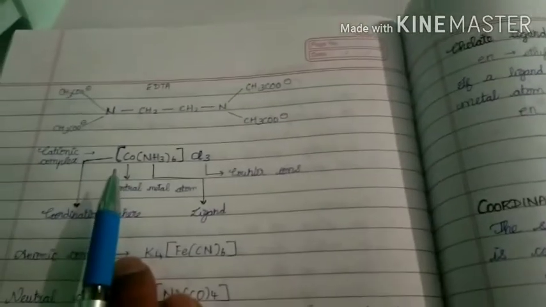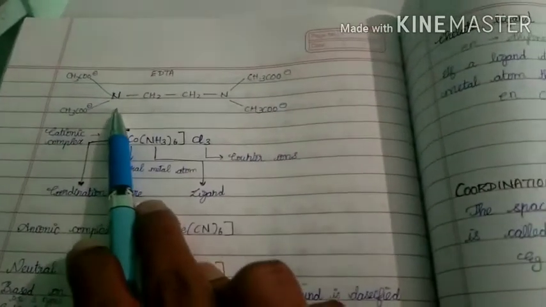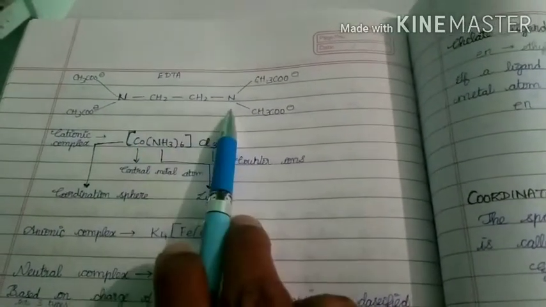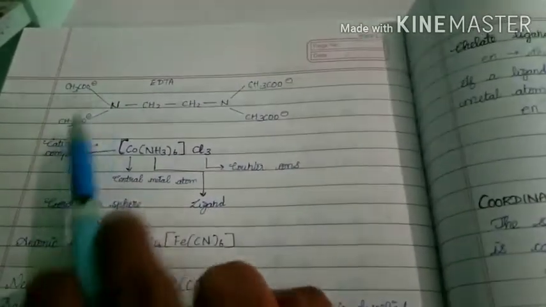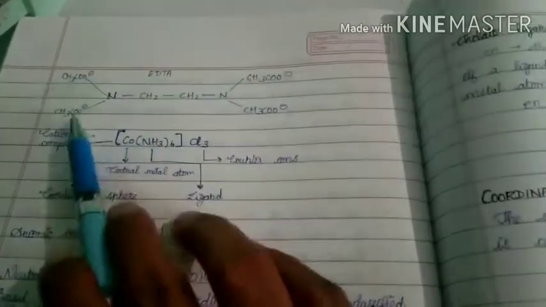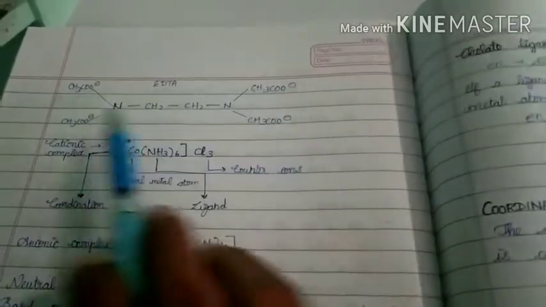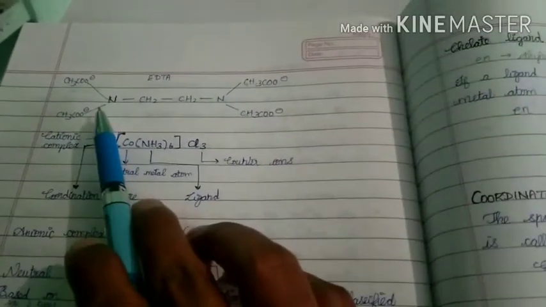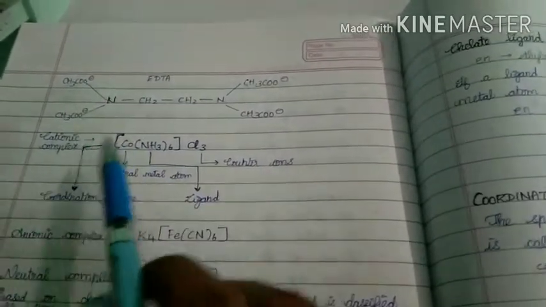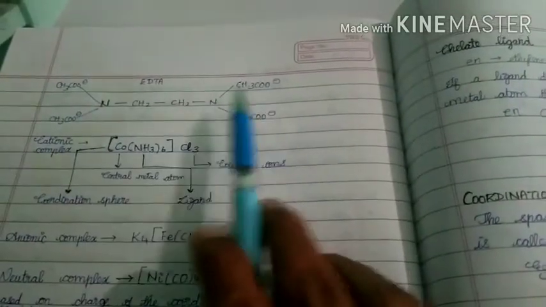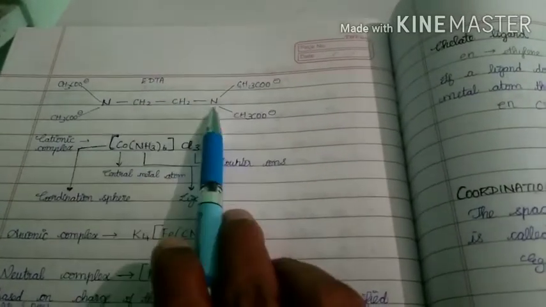See, this is the structure for EDTA, ethylene diamine. Diamine means two nitrogens. Actually NH2, NH2, but those hydrogens are replaced by acetate groups, CH2COO minus. How many acetates? Tetraacetate means 4. So here one oxygen having negative charge. Here also one oxygen having negative charge. That means 4 oxygens having negative charge. I told you already, when those substances having negative charge, then they can donate those electrons to central atom. So from 4 oxygens, 4 lone pairs can be donated. And here this nitrogen having one lone pair, this nitrogen having one lone pair.